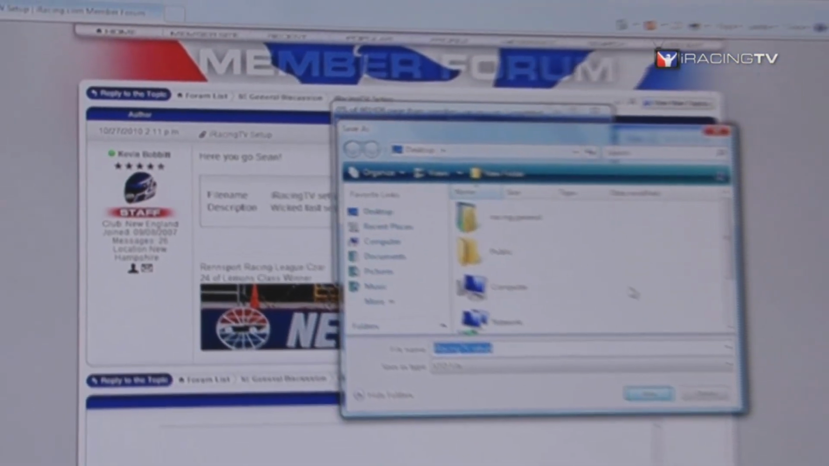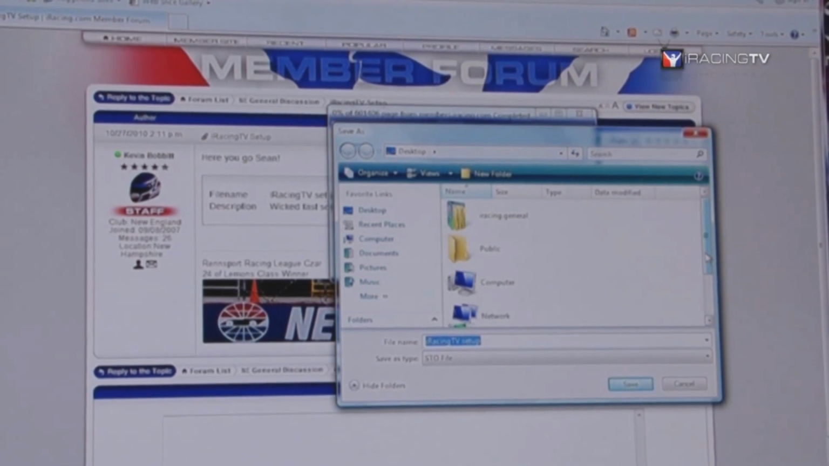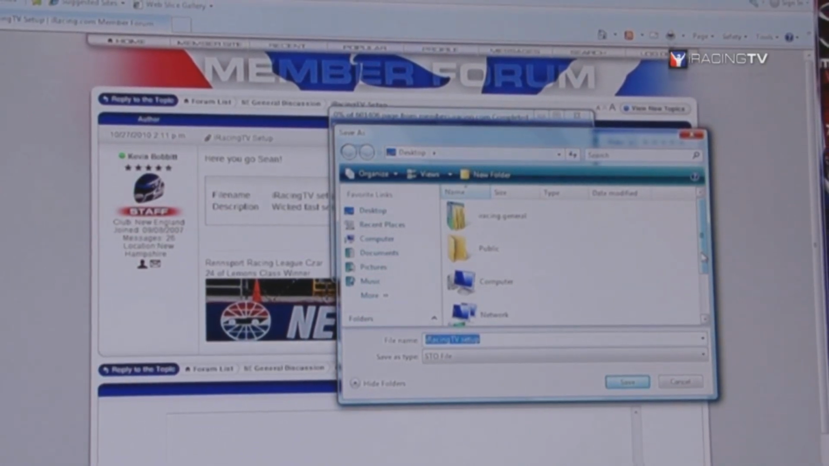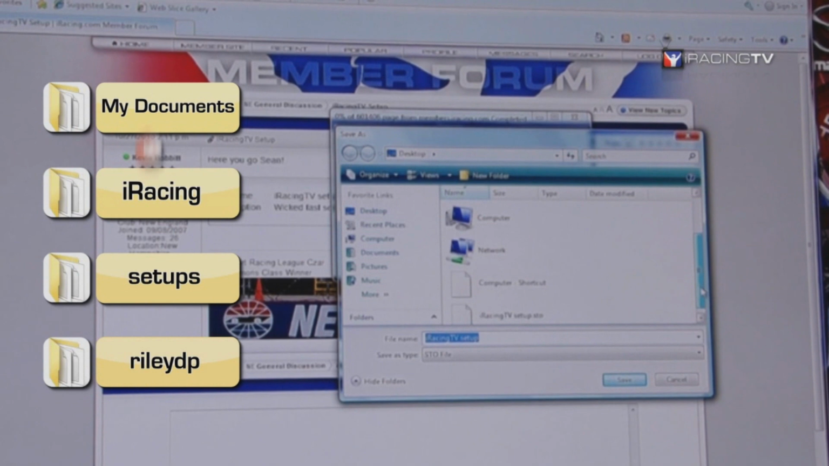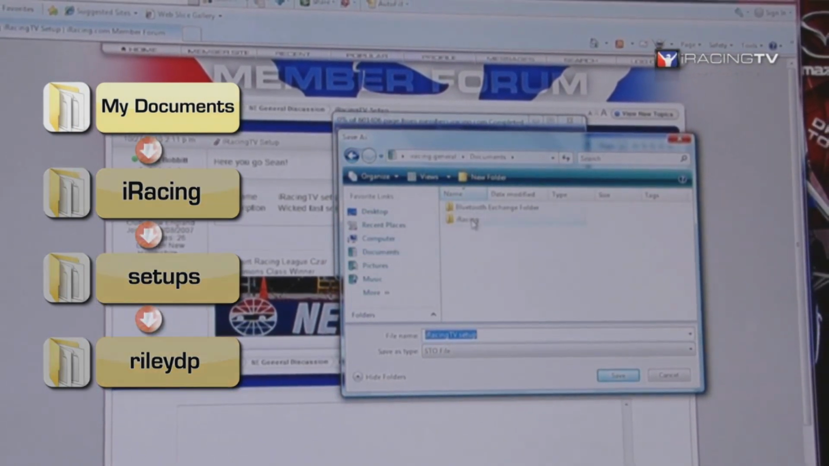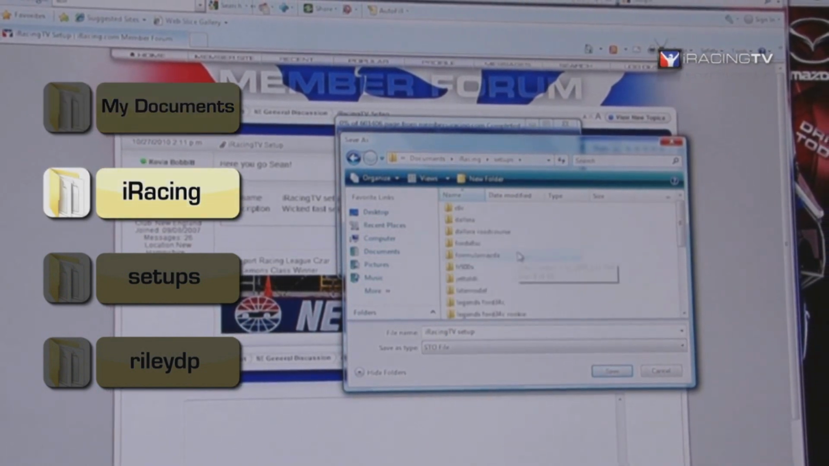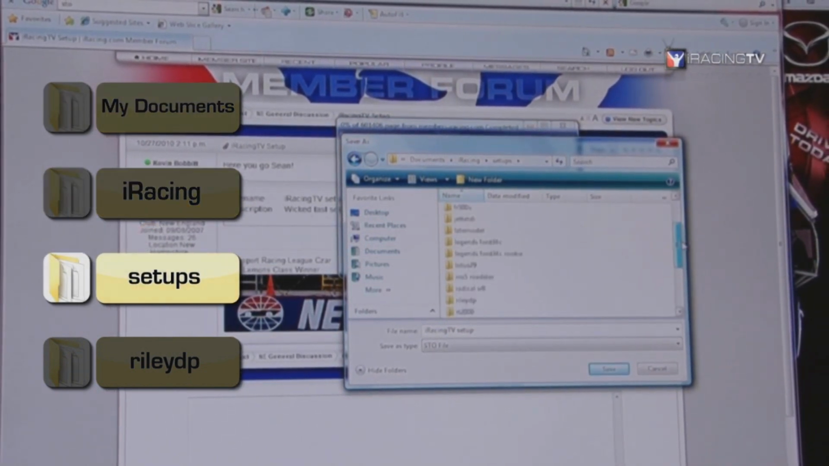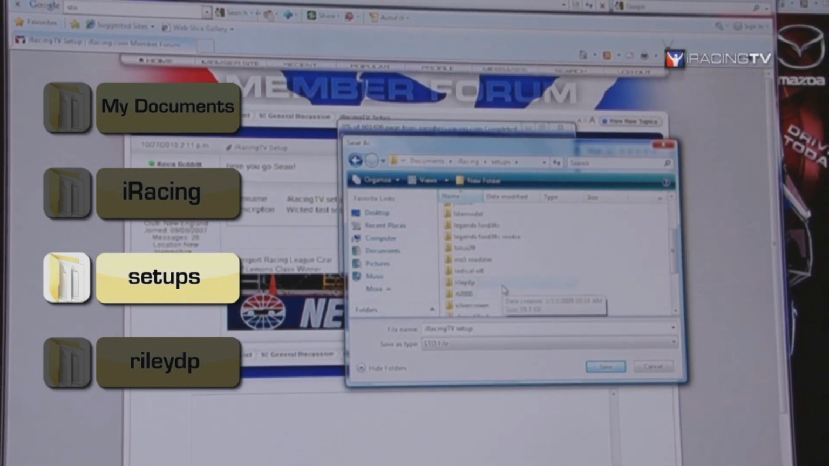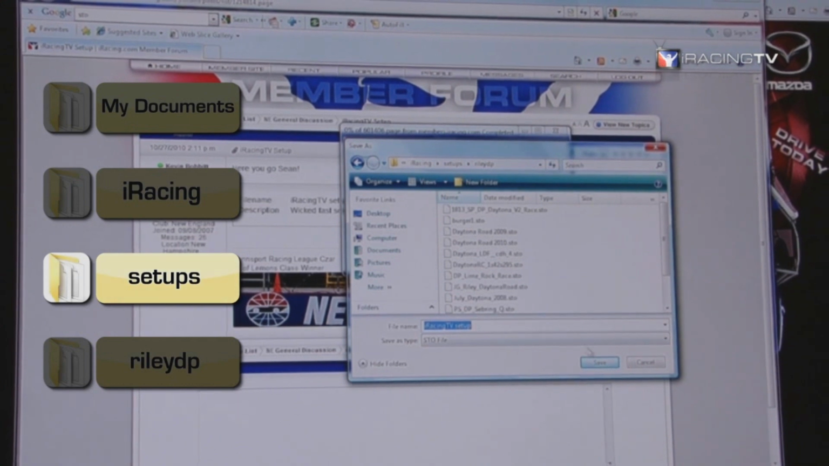This is very important because if you don't save it in the right folder, you're not going to be able to have access to it when you get into a live session or test. So I'm going to search for the proper location, go to Documents, go into iRacing, then click into Setups, and make sure you save it in the proper car folder. In this case, it's the Riley DP, and this is my iRacing TV setup right here. I'm just going to save it,